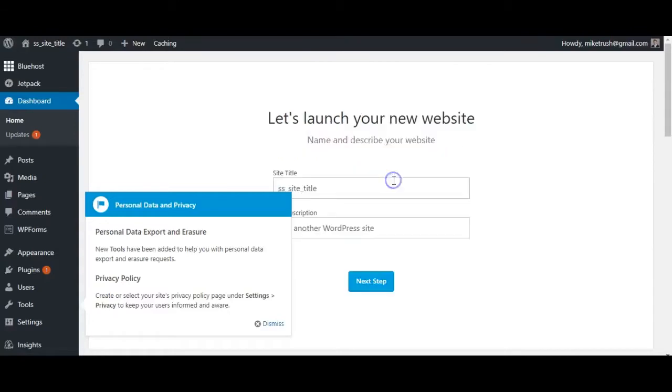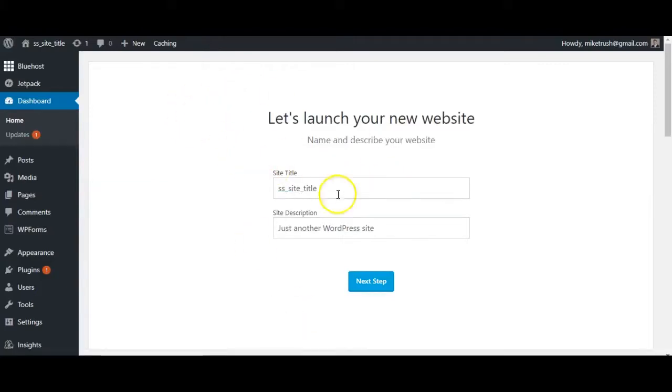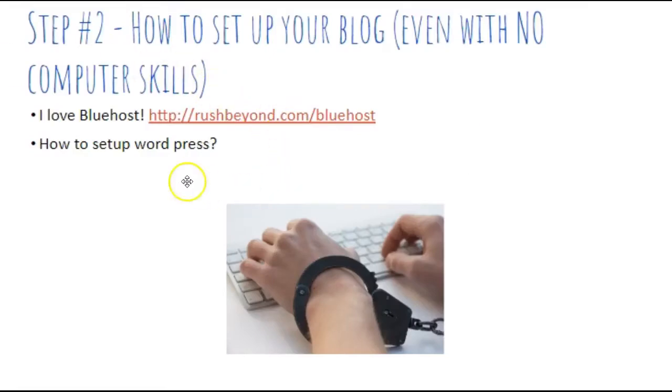This is a personal website, and we'll dive in here a little bit further, but this will be your dashboard that you're going to be working out of as you're building your blog. So it might seem interesting at first and a little bit overwhelming, but we'll easily go through and make sure you feel comfortable. And so just like that, you've already jumped in, started your blog, registered your domain name, and set up WordPress within one click. We're well on our way to getting your travel blog all set up.